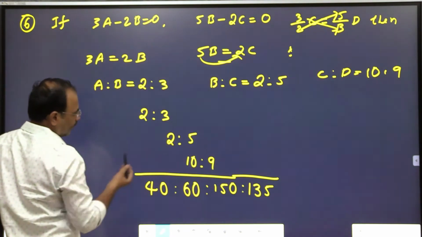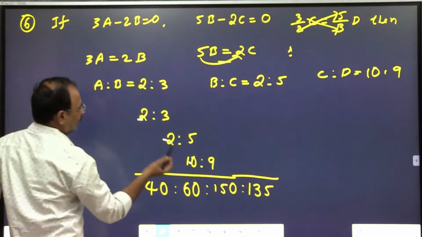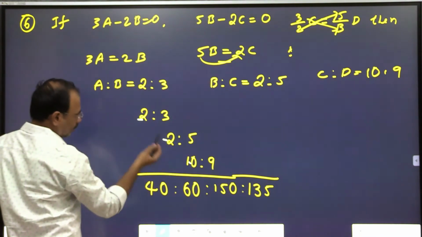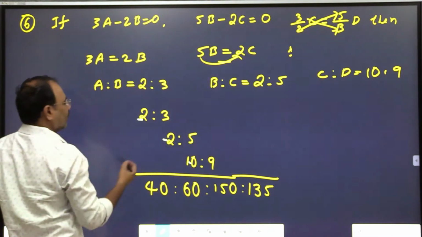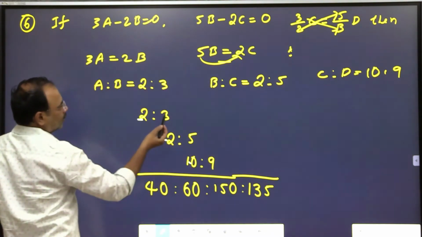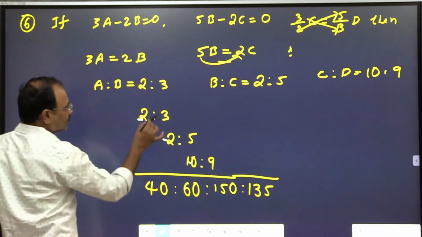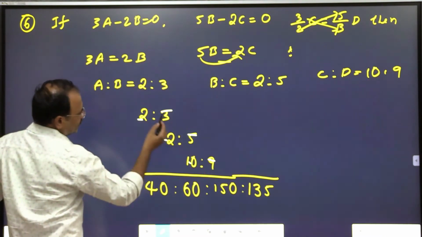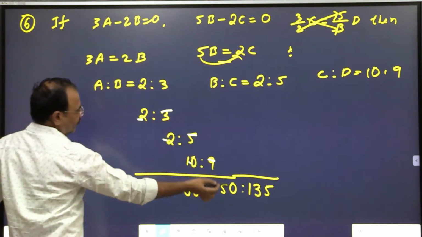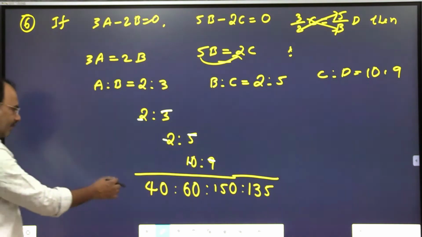Once again, I repeat, this is the first term: 2, 2, 10. 2 into 2, 4. 4 into 10, 40. Second term 3 into 2, 6. 6 into 10, 60. Third term 3, 5, 10. 3 5s 15. 15 10s 150. Last term ఏంటంటే product of consequents, అన్ని consequents 3 5s 15, 15 9s 135. So there is a common factor, 40, 60, 150, 135 కి common factor ఏంటి 5.